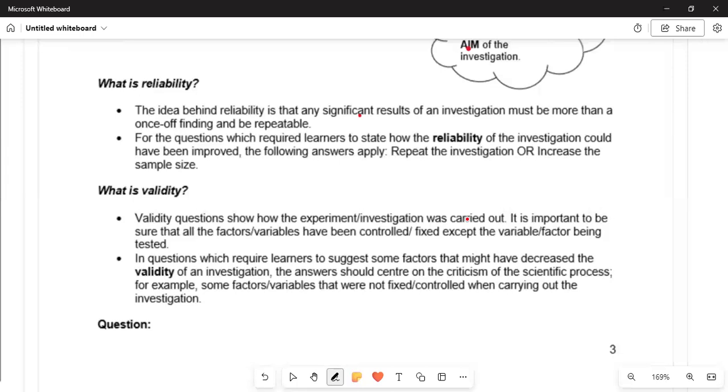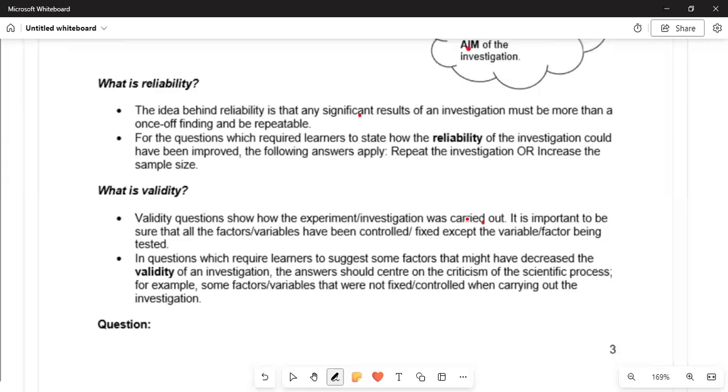And what is validity? It questions how the experiment or the investigation was carried out. It means how the investigation was done or how it was conducted. It is important to be sure that all factors, variables, have been controlled or fixed except the variable or factor being tested. In questions which require learners to suggest some factors that might have decreased the validity of an investigation,